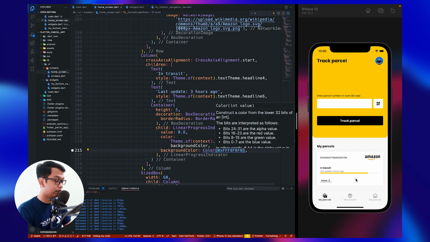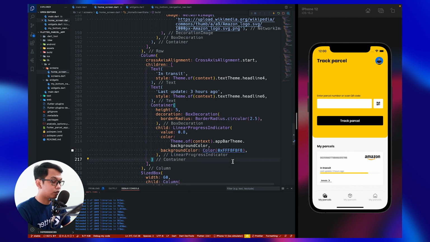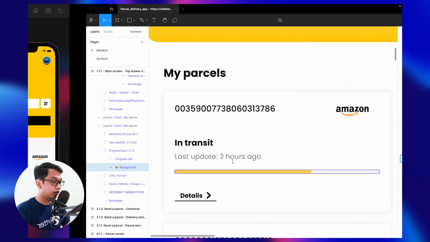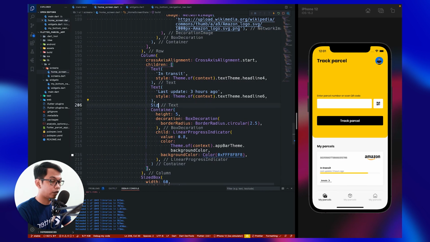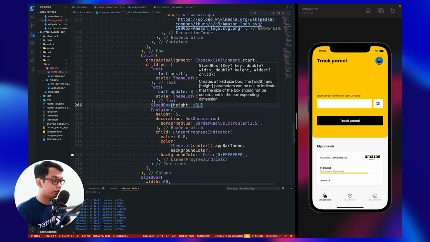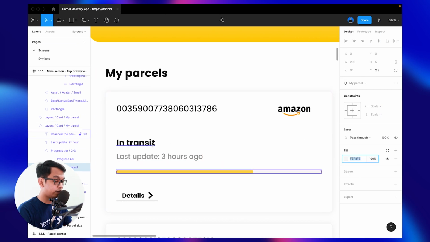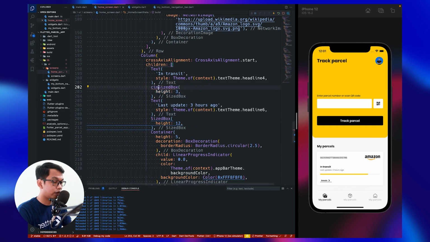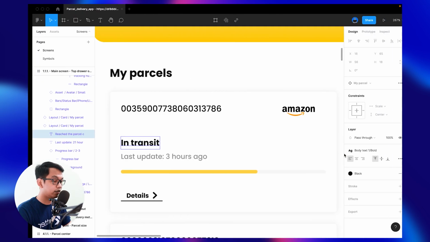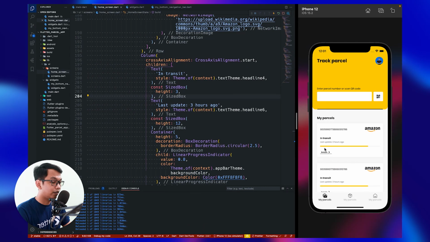Alright, look like this. And what we say, we can add a little margin 12. So here size box using height 12. Alright, and from this 3, and just copy this, paste here 3, and add const modifier. Alright, so look like this, guys, but I don't see whether this is rounded or not, so make it 12.